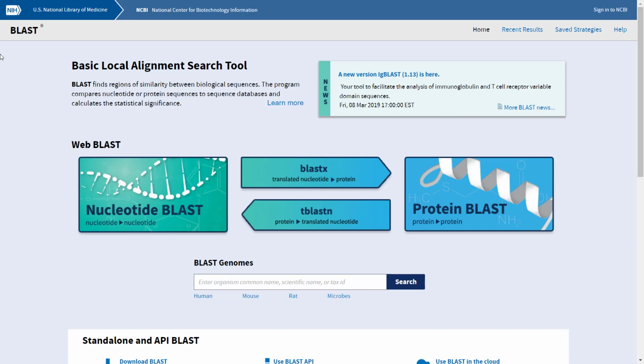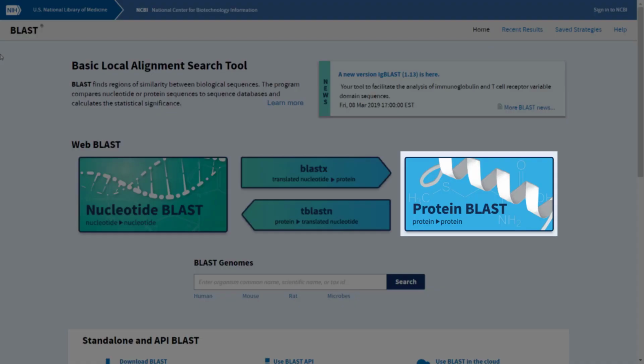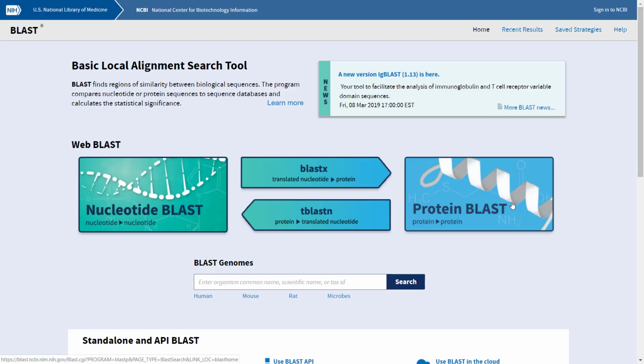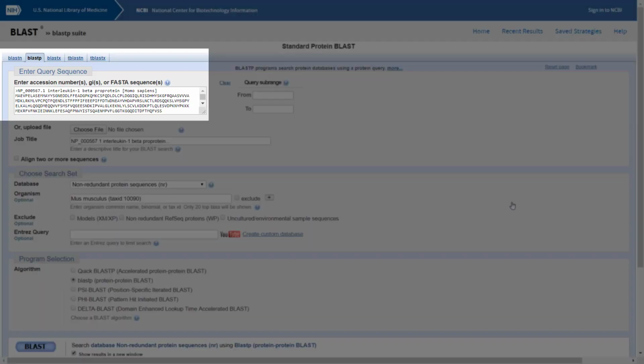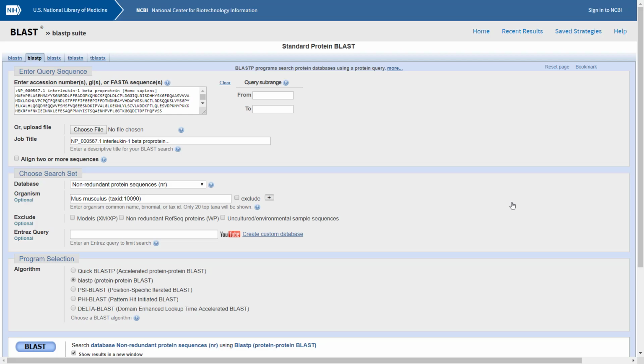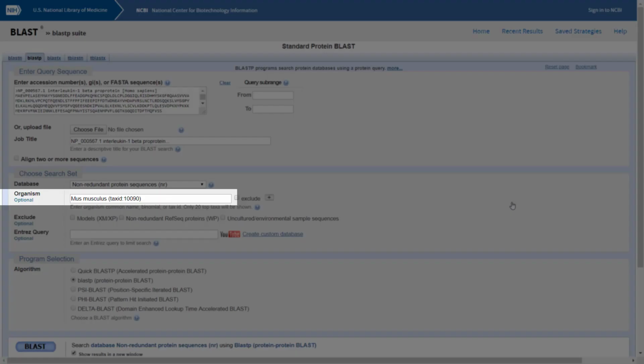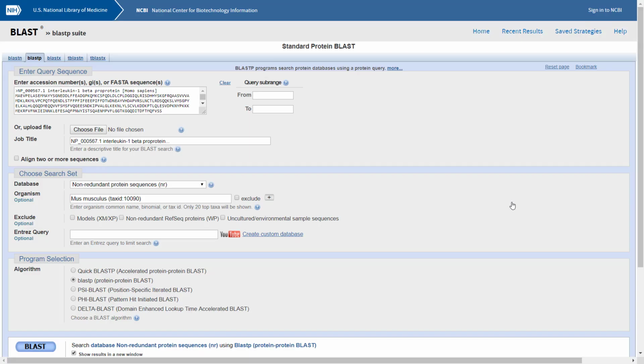We will run an example to make it clearer. Let's find the mouse protein homologue of the human interleukin 1b. At first, we will run BLASTP on the human interleukin 1b sequence against the mouse proteome. Open the BLASTP page and enter the human interleukin 1b sequence at the sequence window. Write Mus musculus at the organism window in order to run it against the mouse proteome and no other organisms. Click on BLAST to run it.